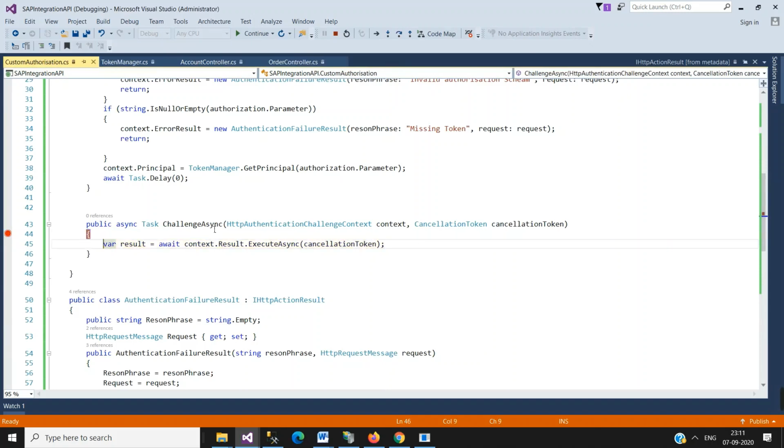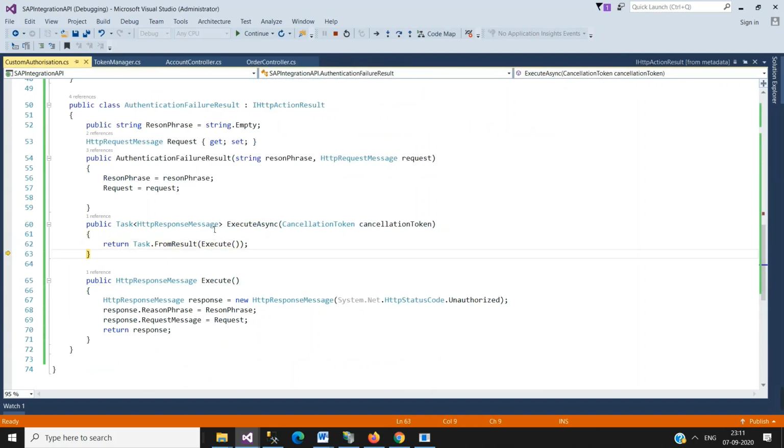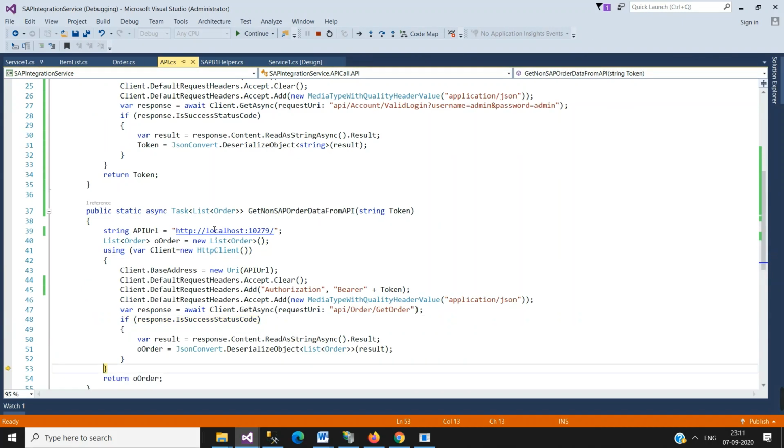We are getting some error while validating this. You can see this response.